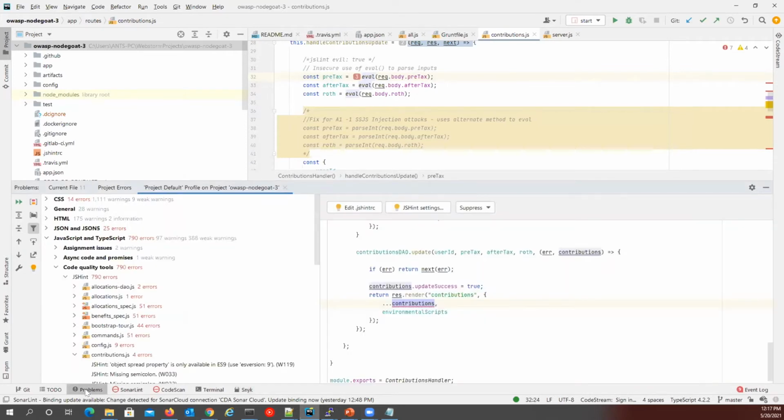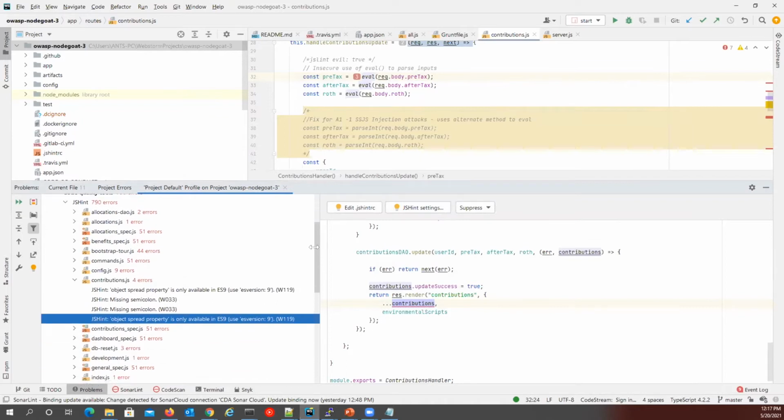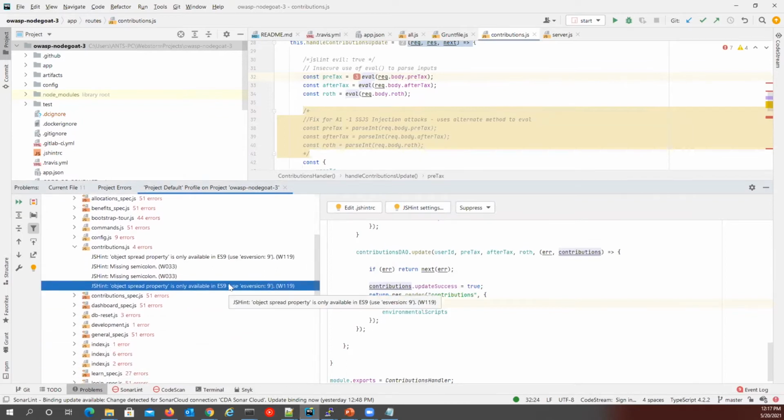Because I have the Node security plugin, it shows me all kinds of code quality issues as well as security issues. So for example, it would tell me in particular where I have a problem and what I can do to fix that. Then I have another plugin here, which is Snyk,